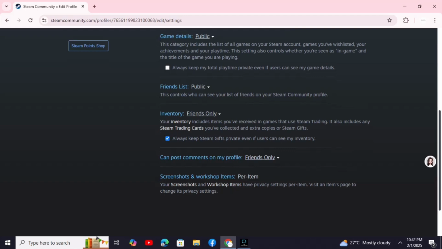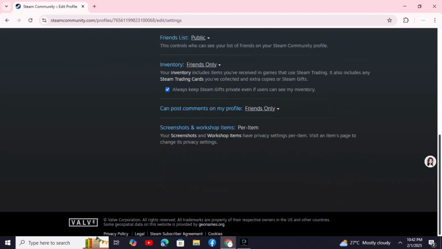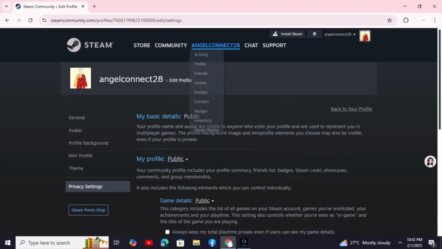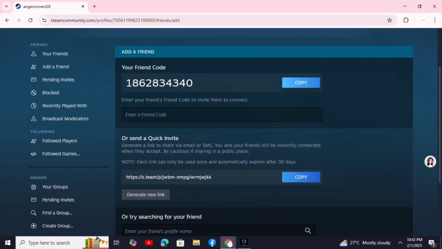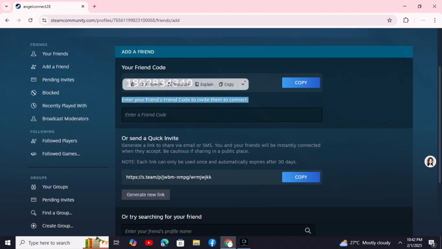Make sure to read all of the information so that you know what you are doing, and once you're happy with it, tap on your username and then choose Friends. You have two options to add a friend. It's either you could send them your code or send a quick invite by copying the link that is shown